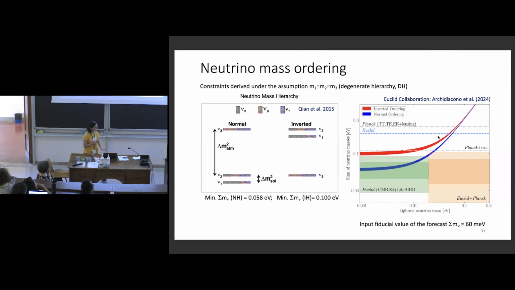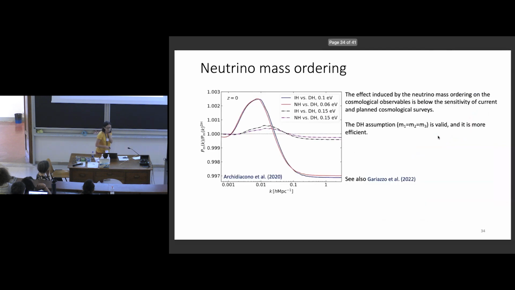And on top of that, we have to keep in mind that these cosmological results are not directly sensitive to the neutrino mass ordering, but they're only directly sensitive to the sum of neutrino masses. Indeed,